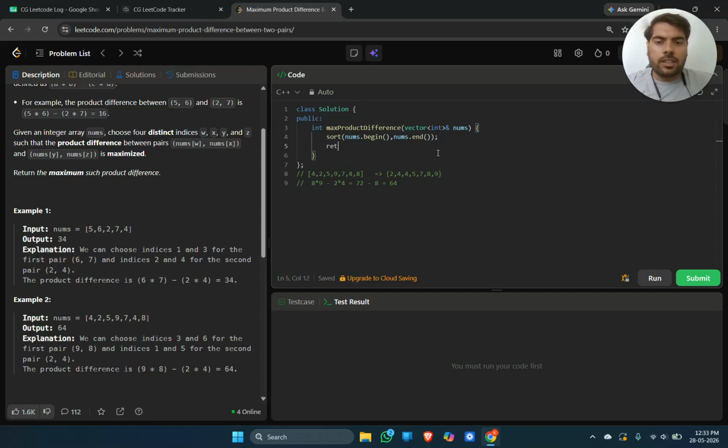After this, we return our answer. I am writing nums of last index, which is nums dot size minus 1. This is the last index. After this, we multiply this with the second last index of nums, which is nums dot size minus 2. This is the second last index of this vector. After this, I subtract